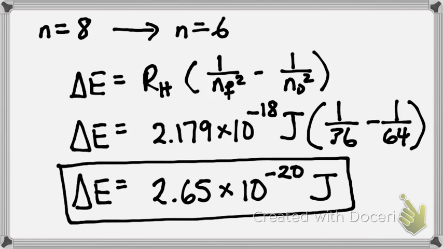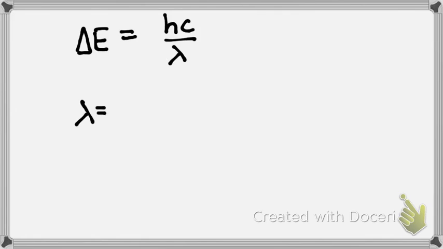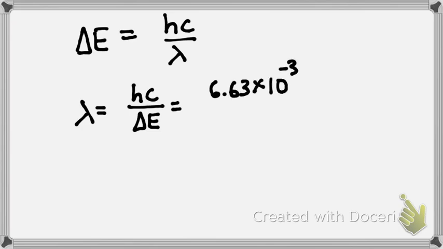Now the next part centers around delta E is equal to HC over lambda. Now when I rearrange this equation, I can cross multiply, divide both sides by delta E. Lambda, the wavelength, is equal to HC over delta E, which is 6.63 times 10 to the minus 34 joules times seconds